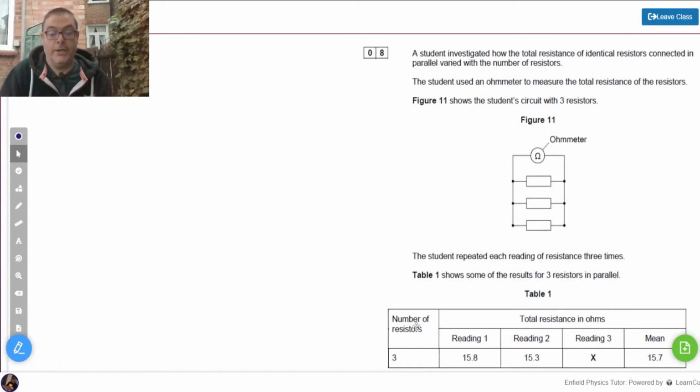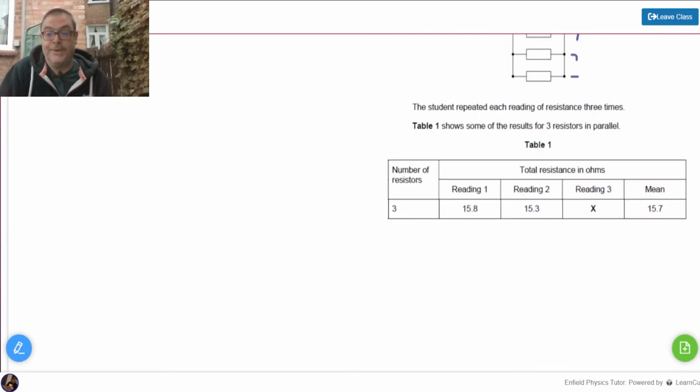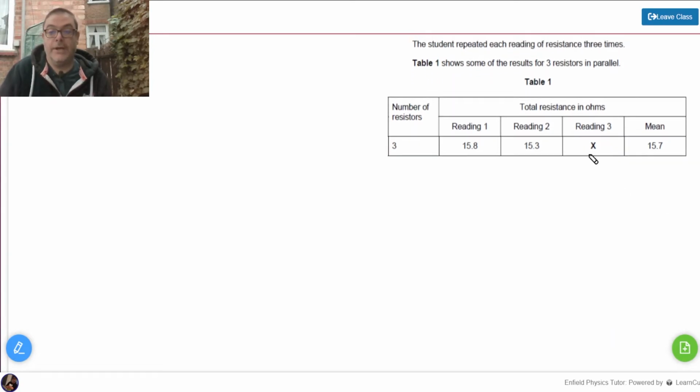Today we're going to do AQA from 2020 paper 1 question 8, and in this question our physicist student is connecting a number of resistors together, in this case in parallel, and using an ohmmeter, which is just a device that measures ohms, i.e. resistance, to work out what the effective resistance of that combination is. So here's some results that they got, and your first task is to calculate the reading